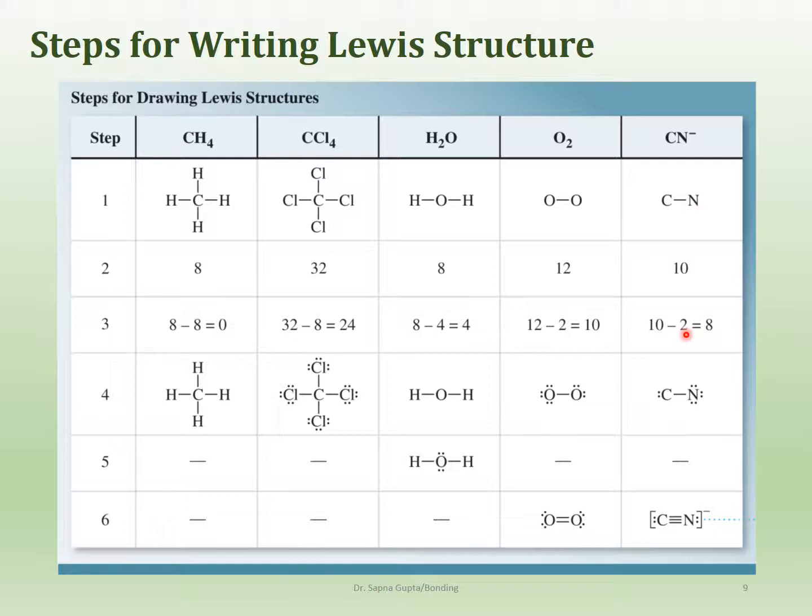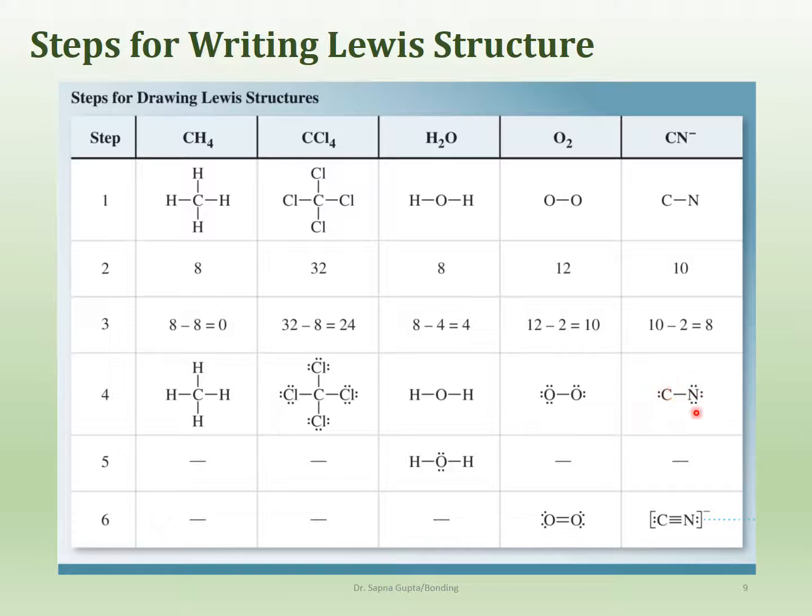2 right now. So 10 minus 2 is 8 electrons, which means that we have 8 electrons left over to account for. So then we go ahead and distribute the electrons as well as we can. Carbon can have only 4 electrons, okay? Maximum it can have 8 electrons when it's fully bonded. So this is what the structure would look like if you distribute 2 electrons on carbon and then 6 on